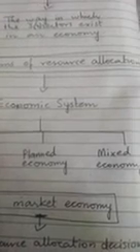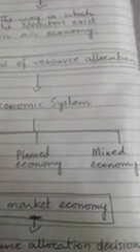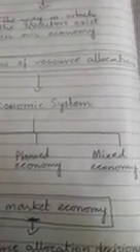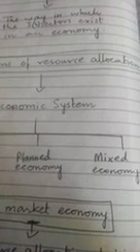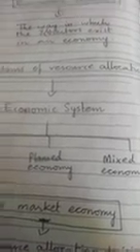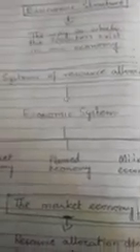Now, there are generally three kinds of economic system present in an economy. The role of the economic system is to allocate the scarce resources in order to satisfy the needs and wants of the people, to generate the welfare of the community, and to promote economic growth in the economy. These are the market economy, the planned economy, and the mixed economy.